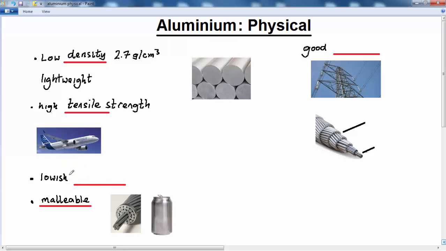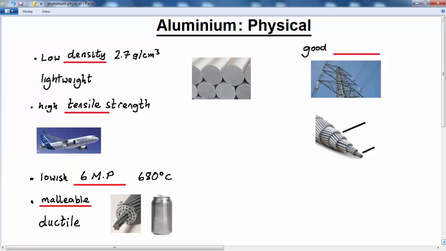Now it also has a relatively low melting point compared with other metals such as copper or iron. Okay, so we're down to about 680 degrees Celsius. So that makes it useful for casting, and like many other metals it is malleable, so it can be hammered into sheets or plates, and it is also ductile, which means it can be drawn into wires, so that's useful